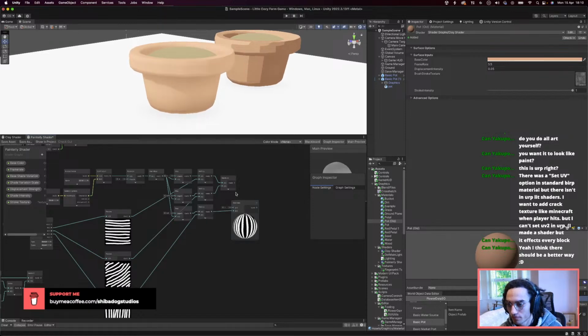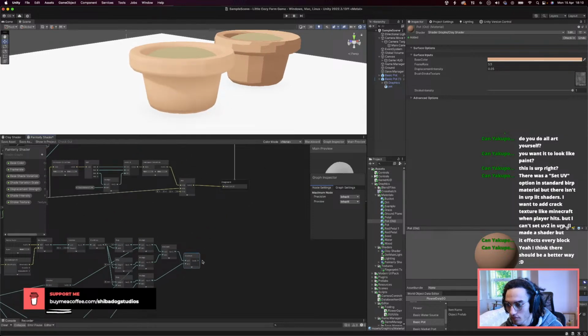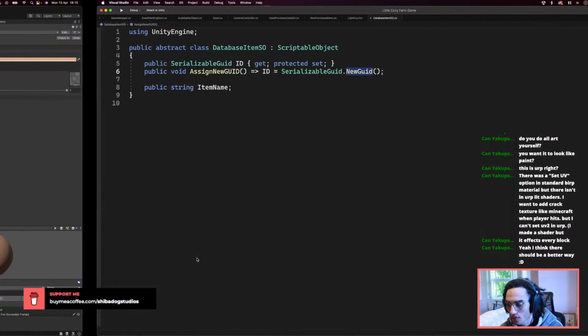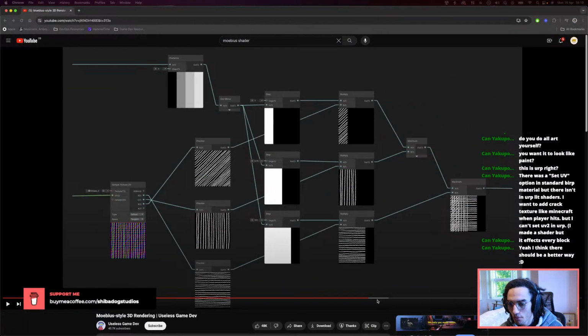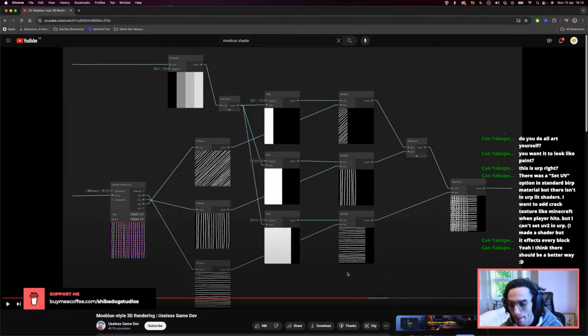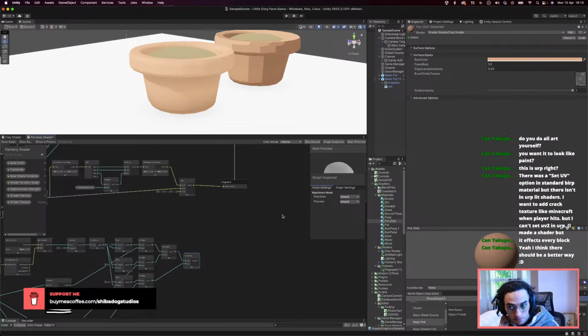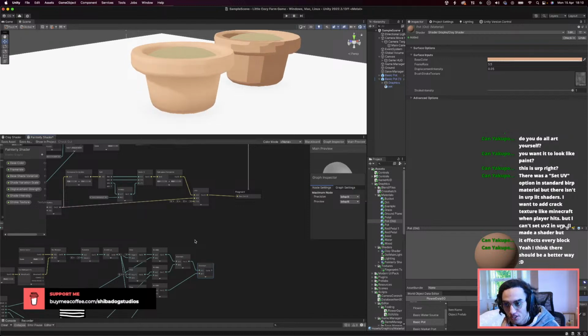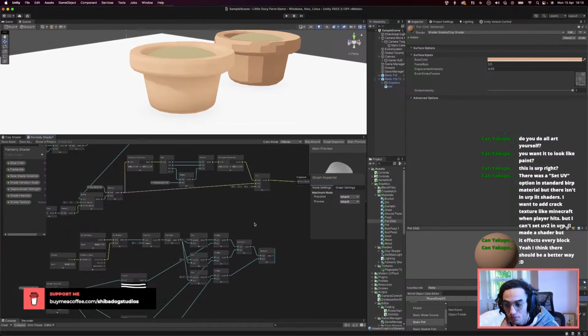Max. And then how do we want to apply that, I guess? Because in this video, I guess we just multiply it by like a shadow color. Yeah, multiply by a shadow color, and then we can pick